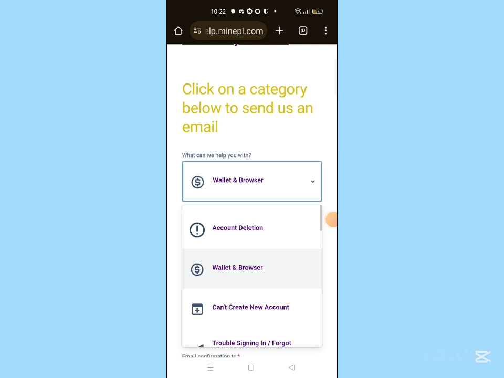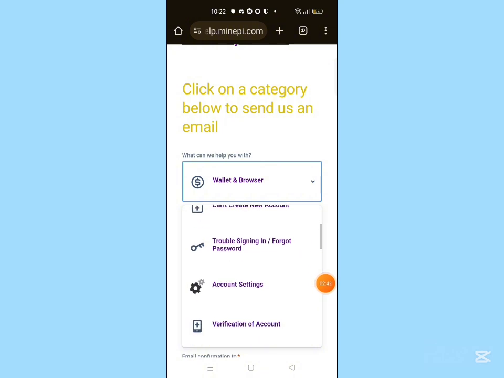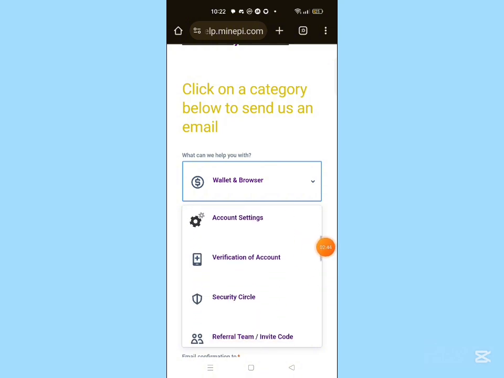Now for other ones, you can go back. We have create a new account. Trouble signing in with forgot password. If that's your issue, you can click it. I know most of us are having an issue with